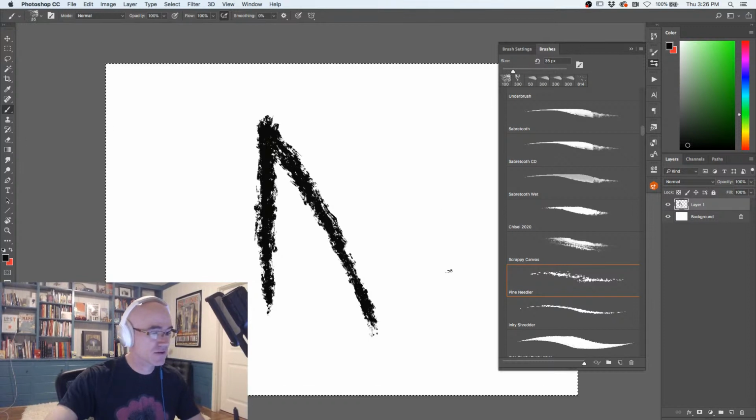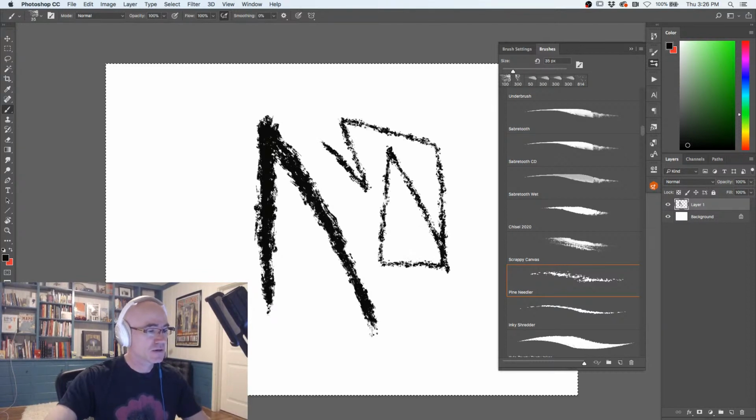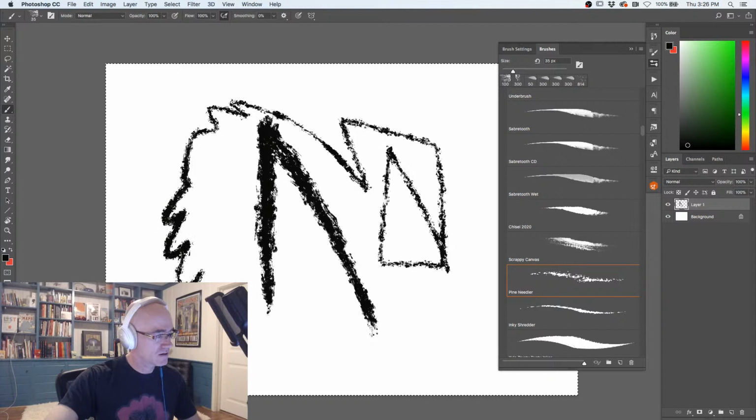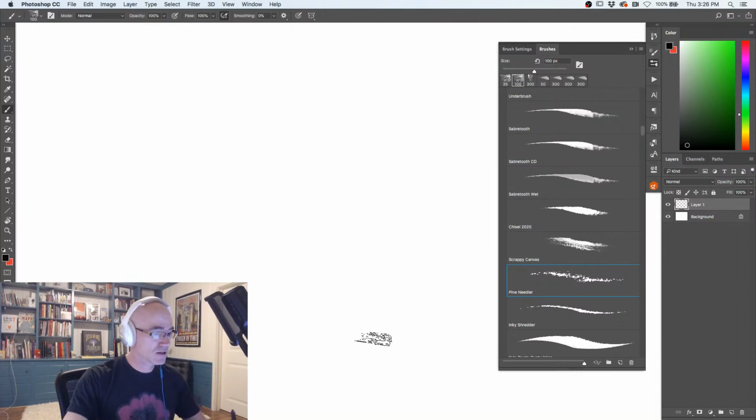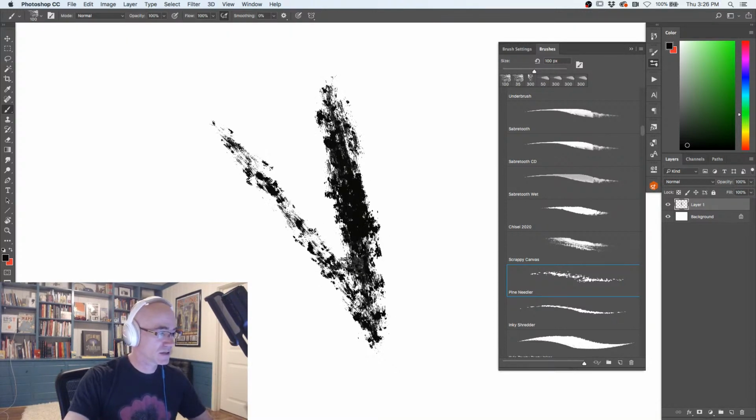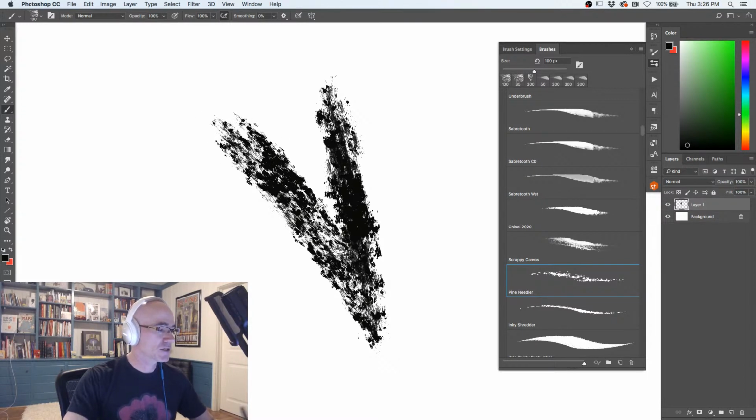So I've got it about like 35 pixels now, right? I can do this nice rough ink kind of a look right here. But at its original size, it's 100 pixels, and it's good for this kind of a thing here. I'm just gonna blow this up so you can see full size. Great textural detail brush,